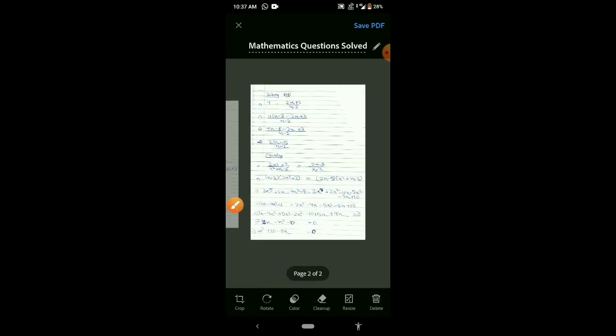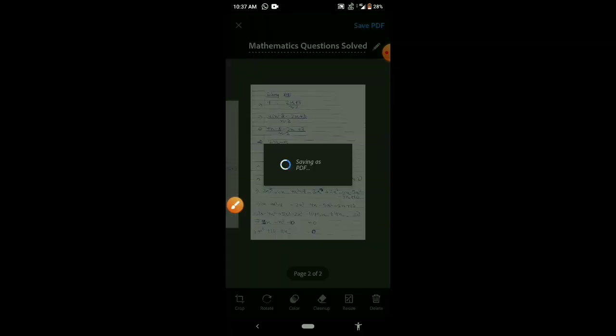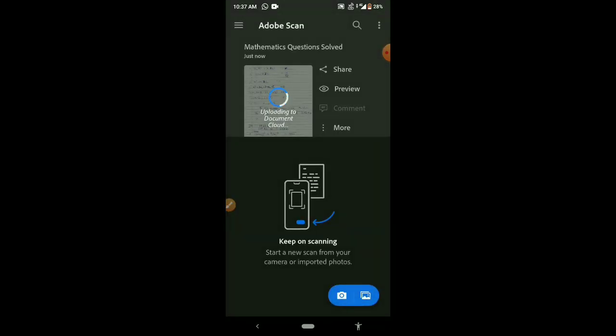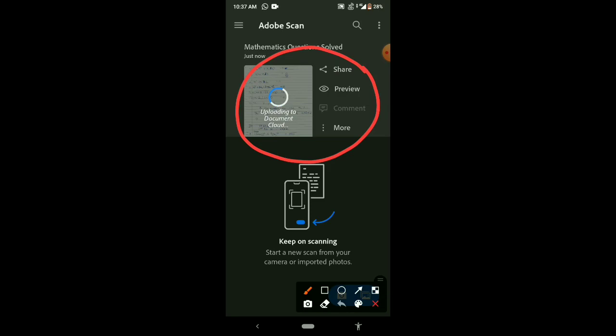If you want to adjust your pages, you can do it from crop. Then you can save the PDF. Click on save PDF at the top right, and now the PDF is saved. See the PDF, and it is uploaded to Document Cloud, so that you can access it from anywhere.